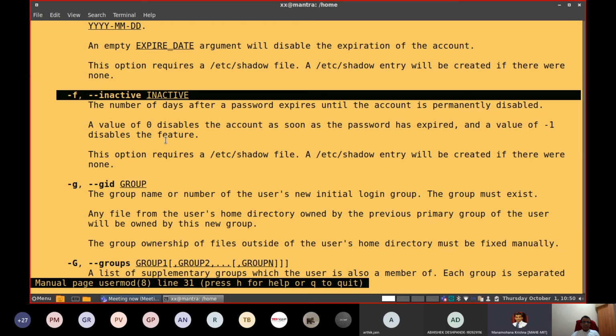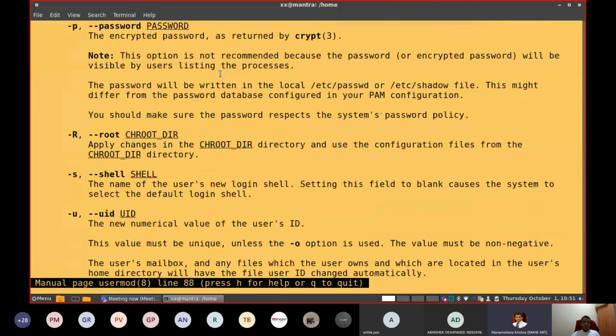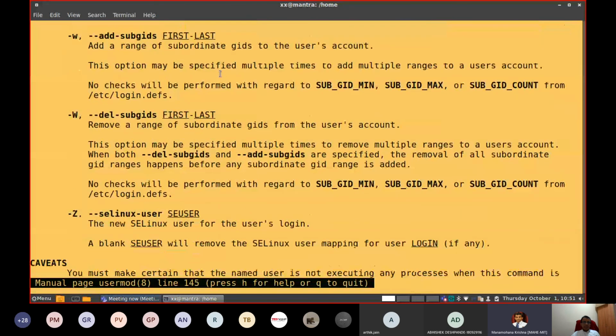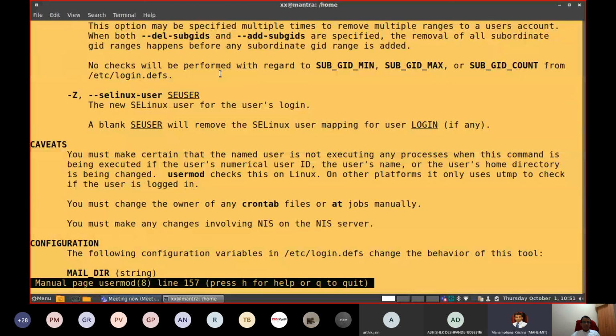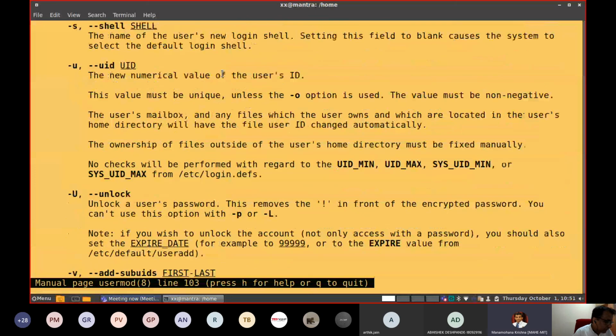Examine this or read this very carefully in your own time. Find out how to do some useful tasks by using these particular features. You need to explore all these features. That's about usermod and userdel commands.